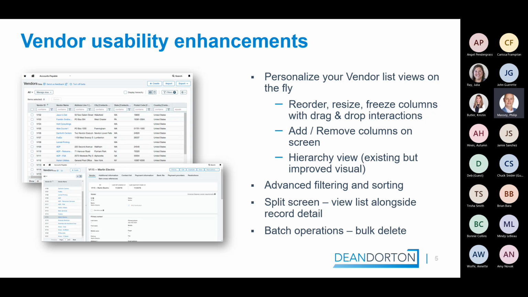And if you notice that second screen, or the one that's the frontmost in the slide, you actually have, or could have now in this beta view of the screen, the split screen there, so that on the left hand side is the list of vendors, and if you click on one, then it pops up on the right hand side of the screen. I think this is probably one of the most exciting enhancements in the Sage Intacct solution,